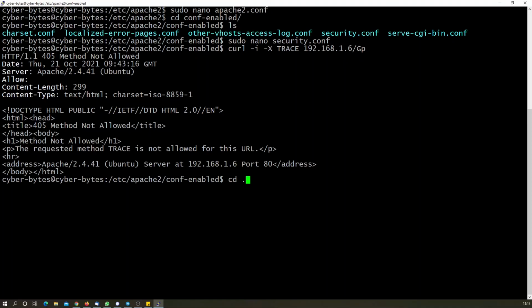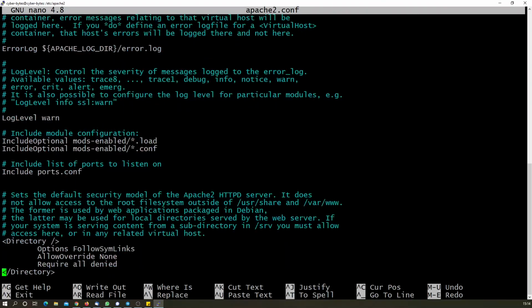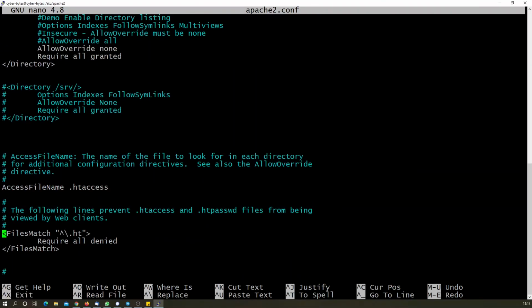So let me show you how. The FilesMatch directive, this one, is telling to restrict any file that starts with .ht, and it is setting the directive to be denied. So this is how you can double check if someone before you might have made some changes. So this is a nice chance to check that again before you deploy it into a live environment. So this was about that. Let me just exit from this.